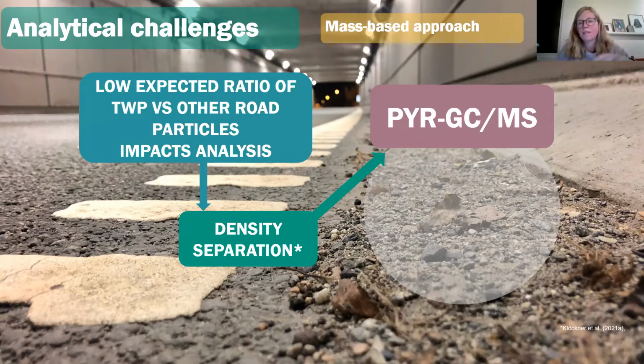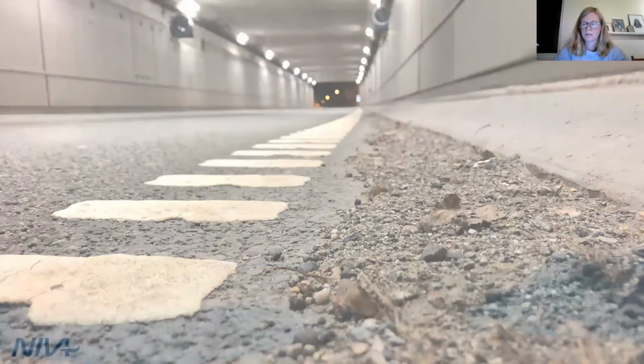Yeah, so we expected there to be a very low concentration of tire particles compared to other road particles in some of our samples. So we decided to try density separation, and we followed the density separation described in papers of Klockner. He has different papers, but we followed some of these and tried to do a density separation. And then following that, we will do a pyrolysis GCMS analysis. And I'll just show you a little bit